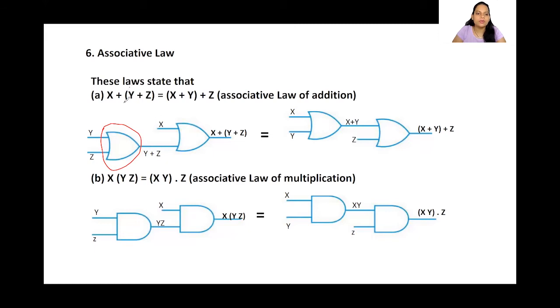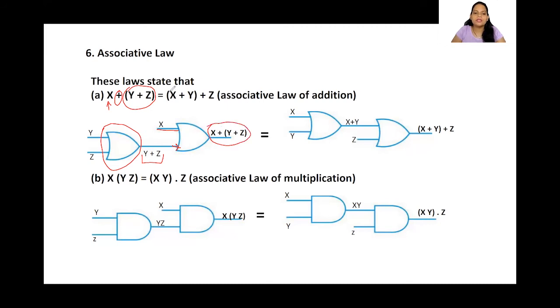Now we are going to give as an input this entire thing and x to another OR gate. Okay, so that is what we have done here. We have given x and the output of this, which is nothing but y plus z, as an input to another OR operator, which in turn we will get something like this. Okay, I hope this is clear.